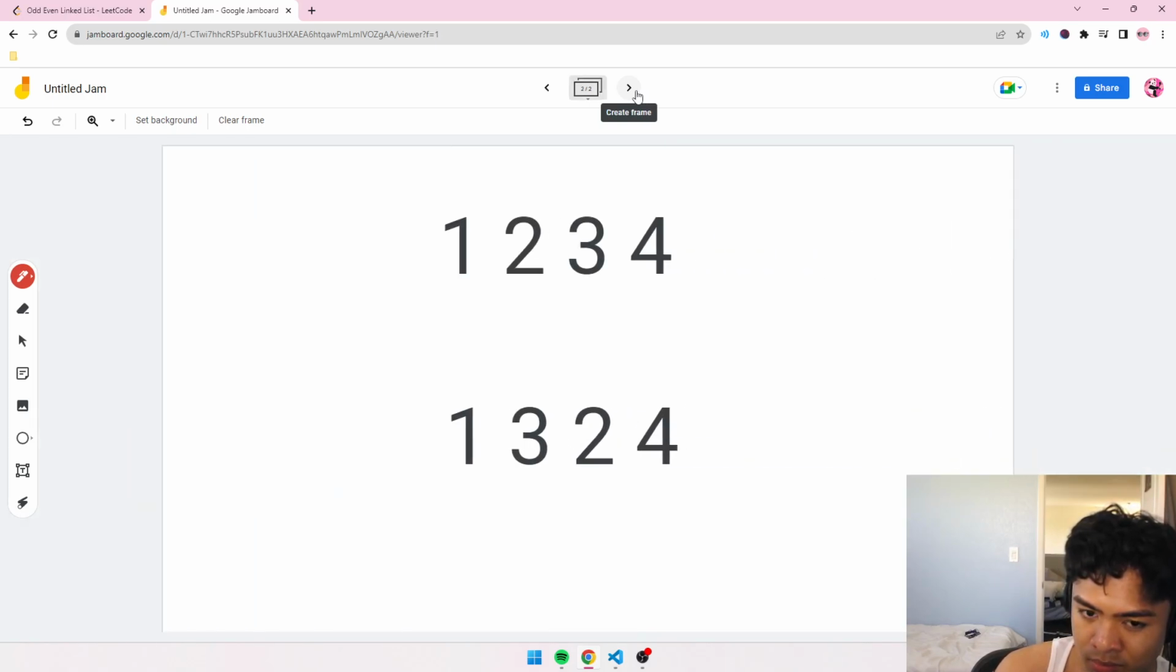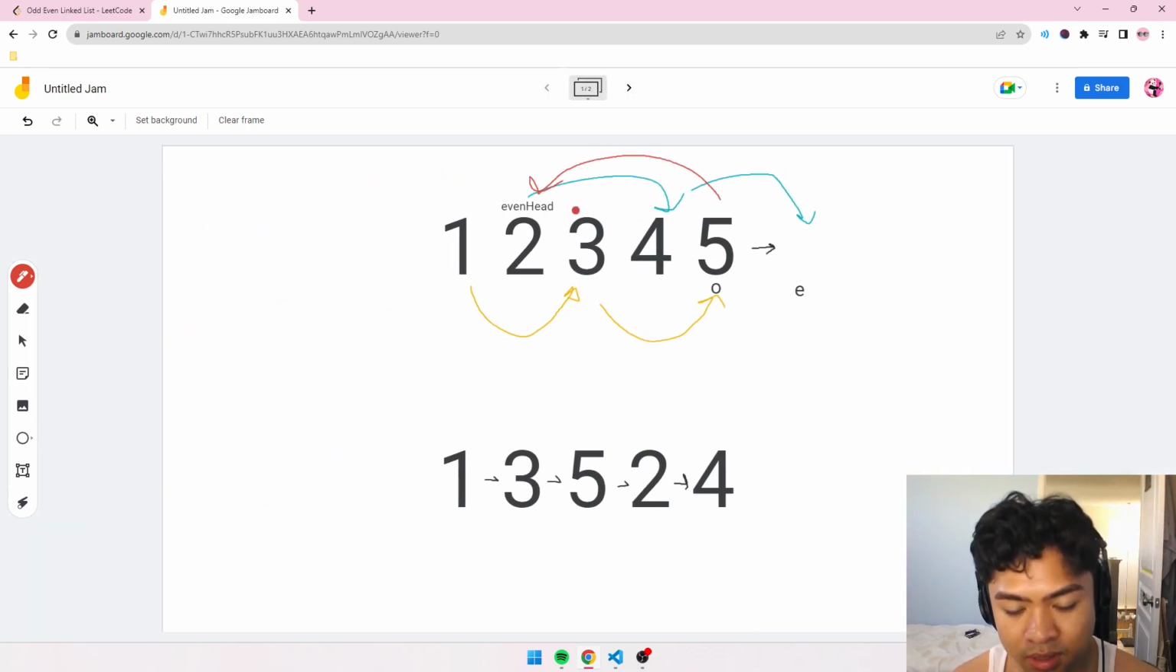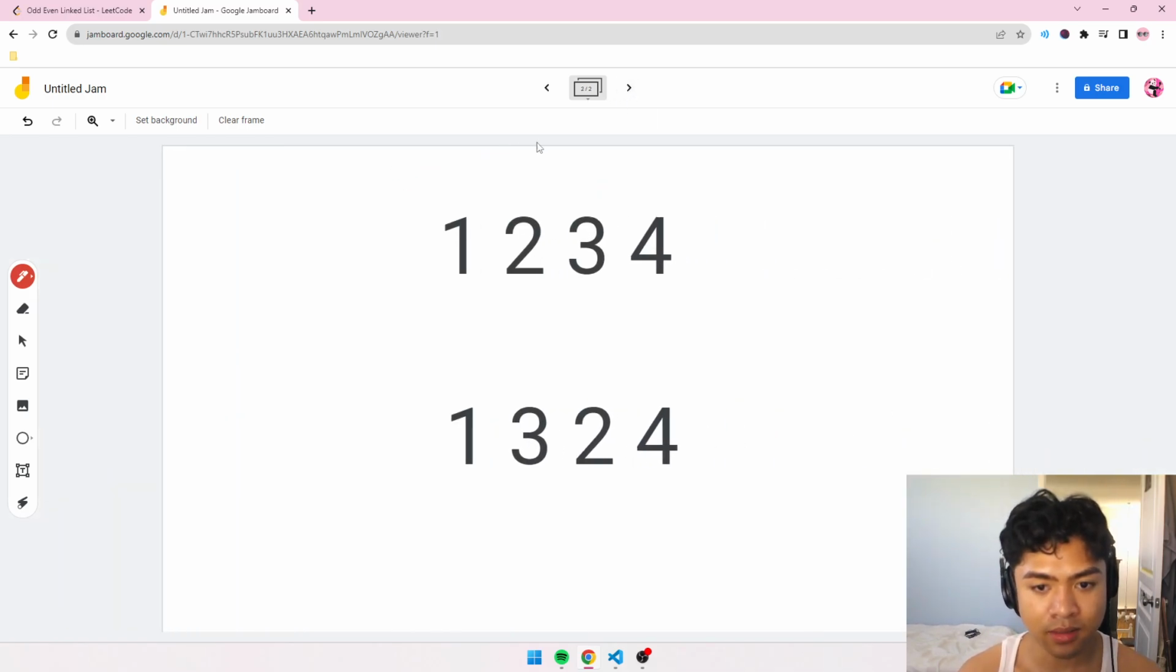Is there a case where odd is null at the end? Because this was an even. Yeah, this was an odd linked list. Let's try even. So we're gonna do this one. So yeah, let's see what happens here